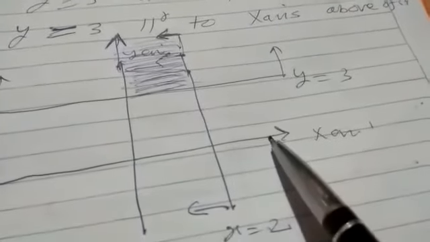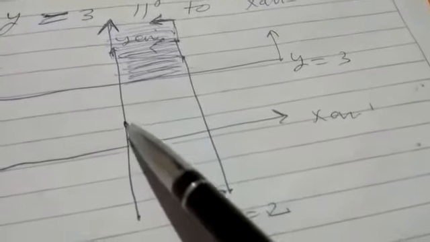That is the line y equals 3, because that is the x-axis. y equals 3 is a line parallel to the x-axis, above it at 3 units. So that is the origin, 1, 2, 3. We choose the scale on the graph paper. That is the line y equals 3 and we take the part where y is greater than 3, because in the question y is greater than or equal to 3, so that part is above the line y equals 3.